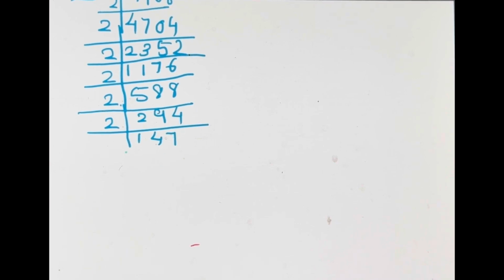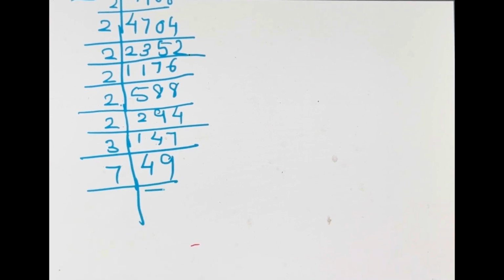Now this is not an even number, so we don't take 2. 4 plus 7 plus 1 is 12, so it will be divisible by 3. Use all the tricks and tips, the divisibility rules and everything. You remember the divisibility rule of 3? The sum of the digits should be divisible by 3. So here the digit sum is 12. So that's how you can decide. So 3 4s are 12, 2 is remaining, 3 9s are 27. Now 49, you know, 7 7s are 49. So now you got all the prime factors of